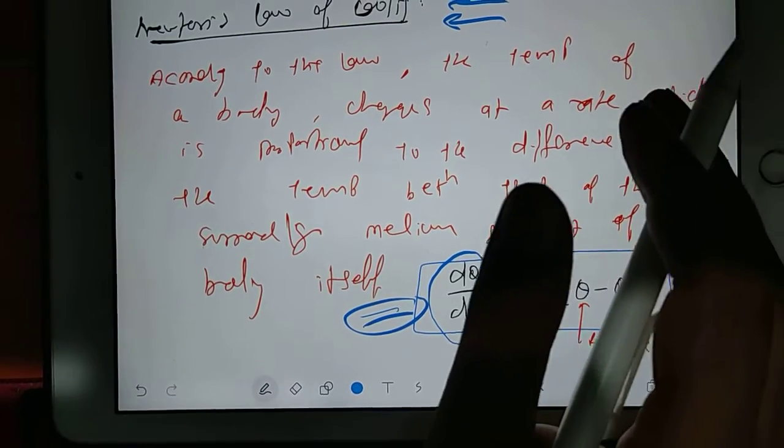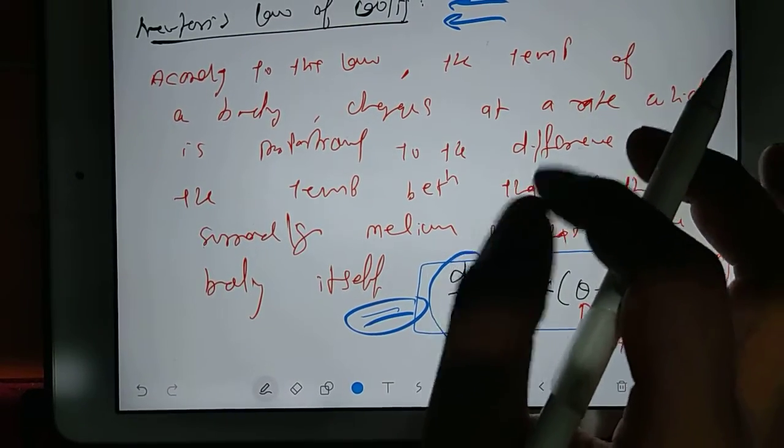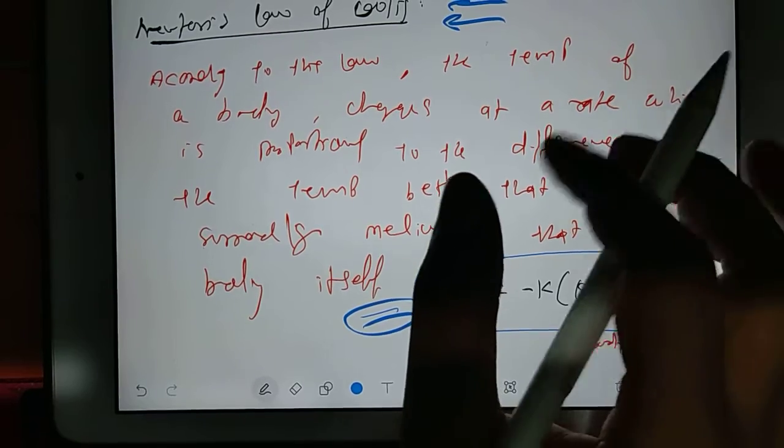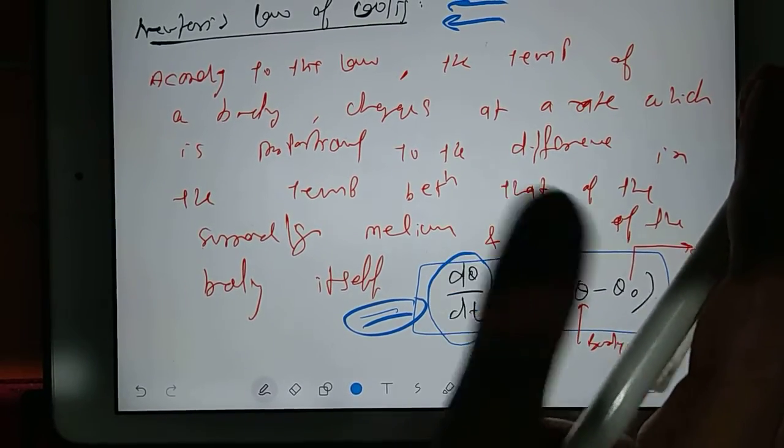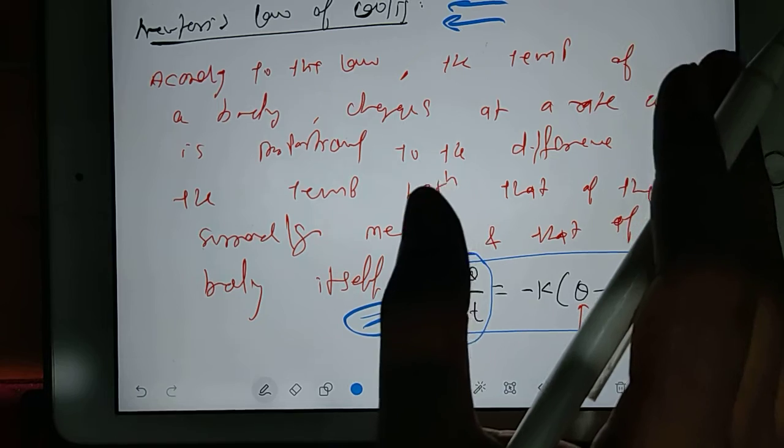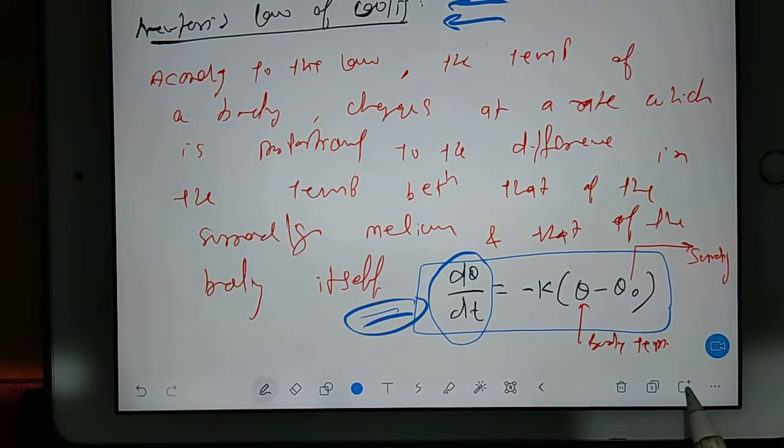In the same way, we have heat flow also. Heat flow is a very, very popular equation. Based on that also they can ask, like radioactive decay is also there, right? That is also very, very important. I will change the page. So take one example, and this example will be based on Newton's law of cooling.